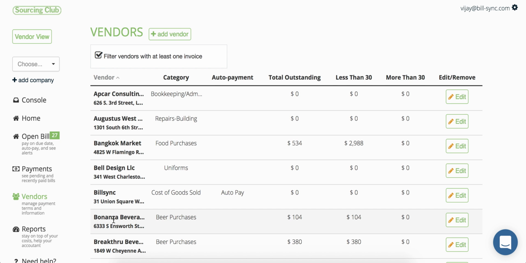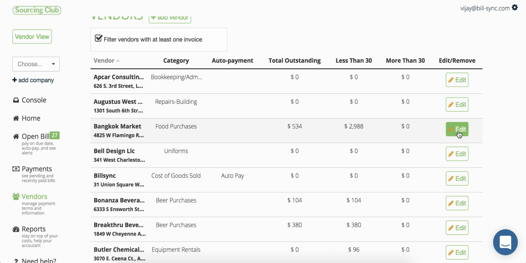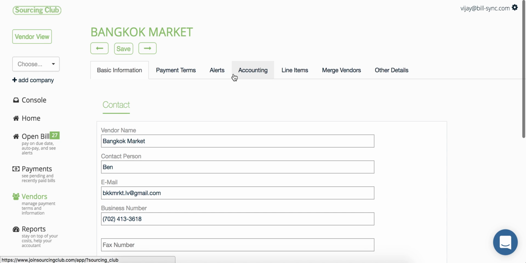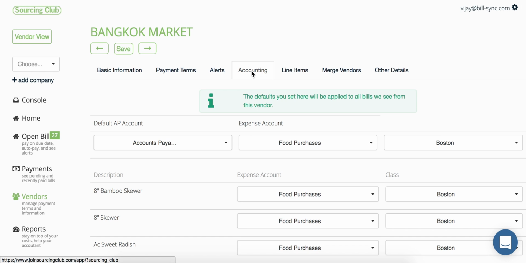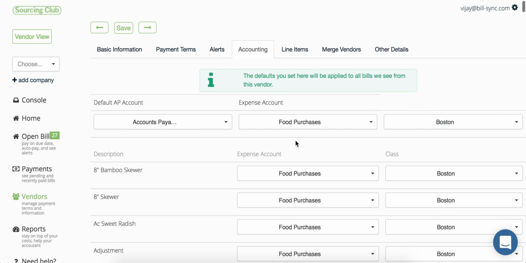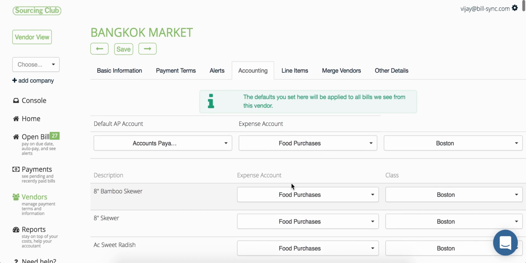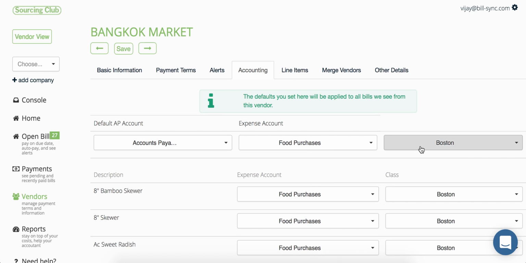And here you'll see a listing of all your vendors. Click Edit to get into a vendor. Sometimes, depending on the number of items, this can take a second. Then go to the Accounting tab for that vendor, and you can choose the correct expense account as a default for that vendor, and then all the items will be put into that default expense account. You can also choose a default class if that's relevant for your QuickBooks, or a default AP account for that